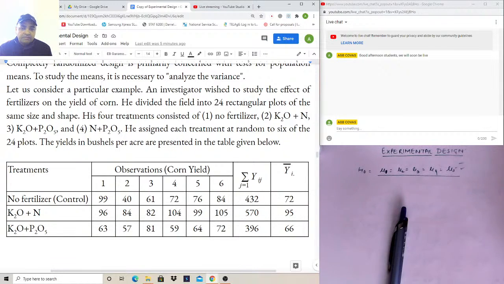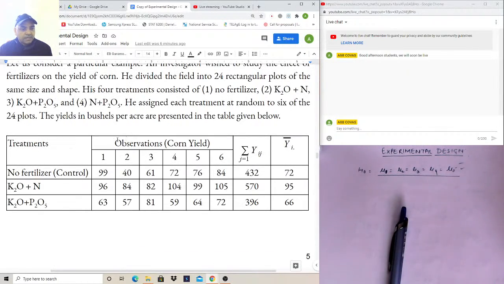So, an investigator wishes to study the effect of fertilizer on the yield of corn. He divided the field into 24 rectangular plots of the same size and shape. He has 4 treatments. One is the control, that is, he gives no fertilizer. In the second, series of plots, he has 24, so there will be 6 plots in each group because he has